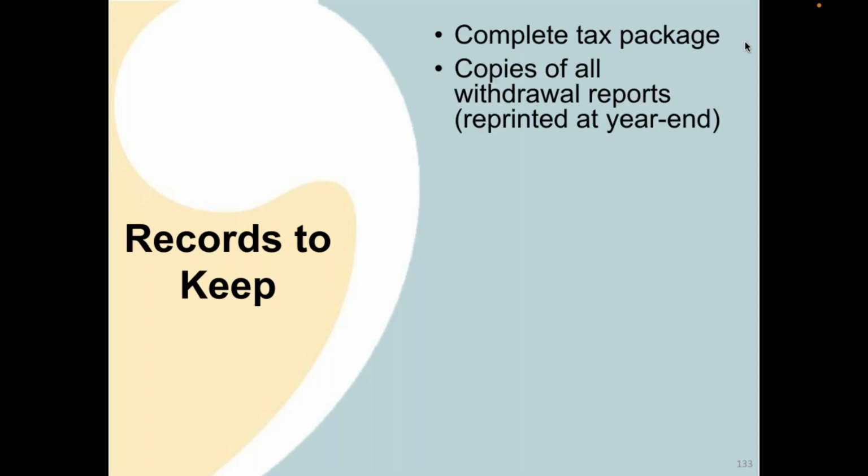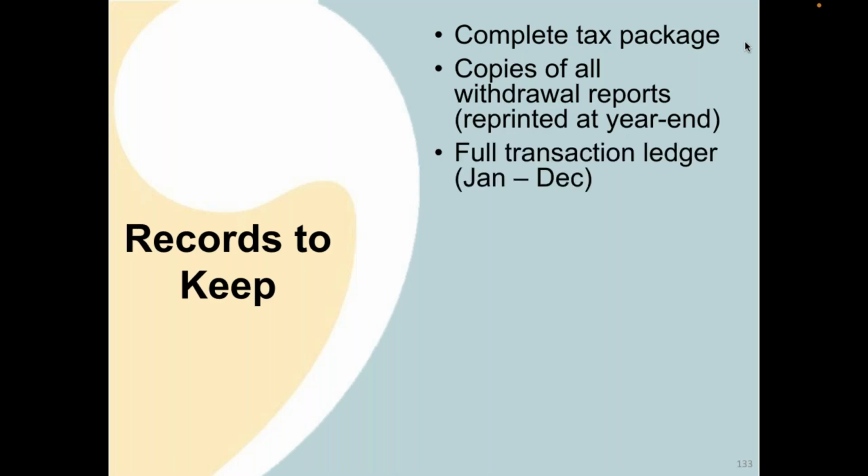Records your club should keep include a paper or PDF copy of all the forms in your complete tax package as you've sent them in, including the club signed e-file authorization form and confirmation that the e-filed return was accepted with the submission ID number. Also, save the post office receipts for any returns that you mailed. You need to keep copies of all withdrawal reports reprinted at the year end,